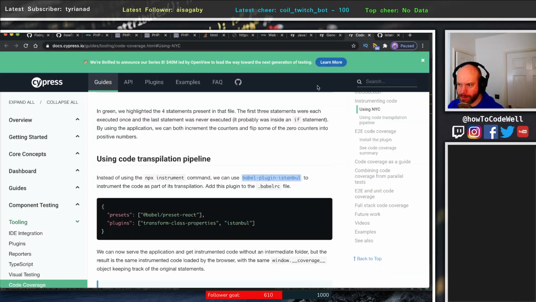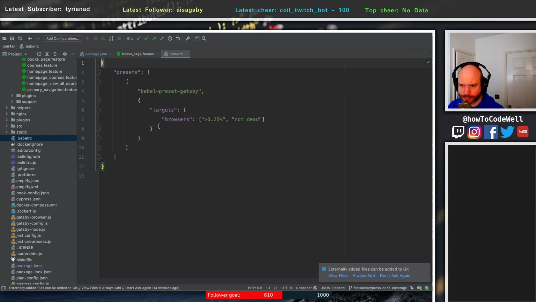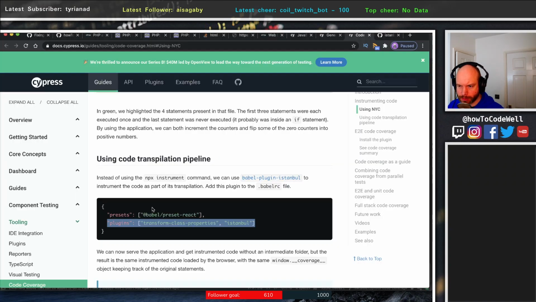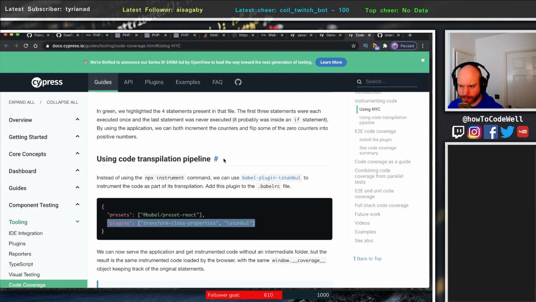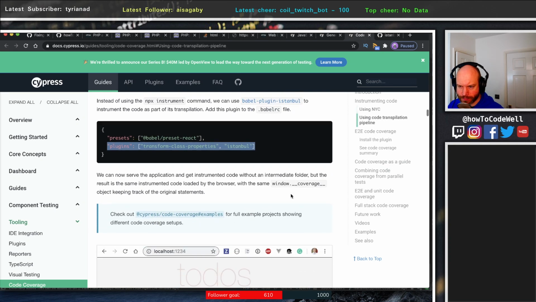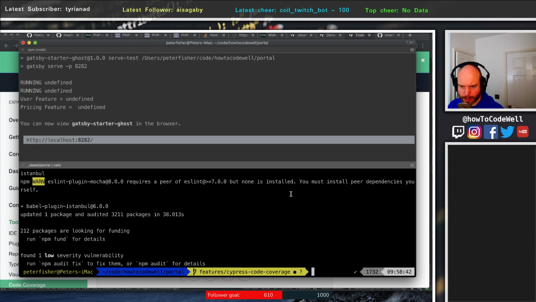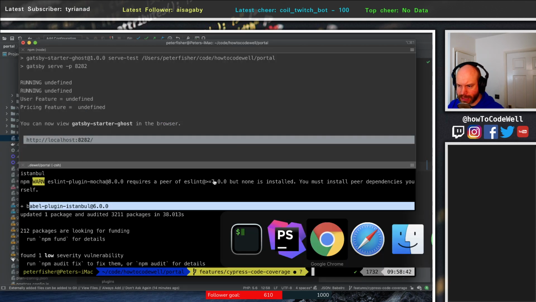Okay, so we're putting that in, and we're going to put that in as a plugin into our Babel RC file, right? So that goes into here. We have presets already defined, so we need to have plugins. Okay. So that was installed. Sweet. And the next thing then I need to do,